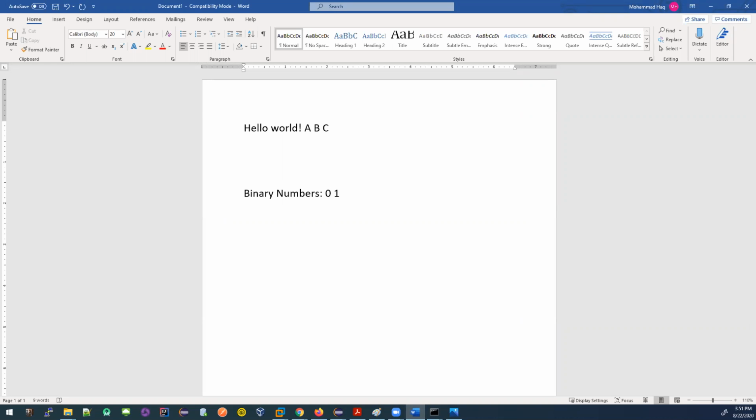It always gets converted to binary numbers, zeros and ones. These are called bits. 0 is 1 bit, and 1 is another bit. Together they are called binary numbers. Binary means 2. Any instruction that you give gets converted to binary numbers.